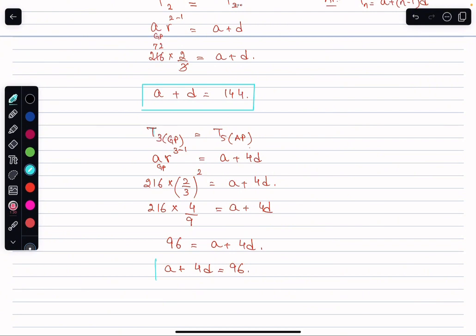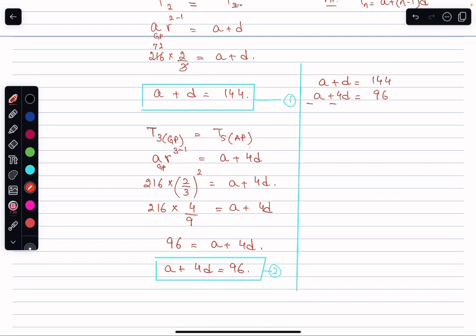So A plus 4D equals 96. This is another equation that I have in terms of A and D. Let's solve these two equations simultaneously. If I solve the two equations simultaneously, I should have A plus D, which equals 144, and here it's A plus 4D, which equals 96. Solving the two equations,